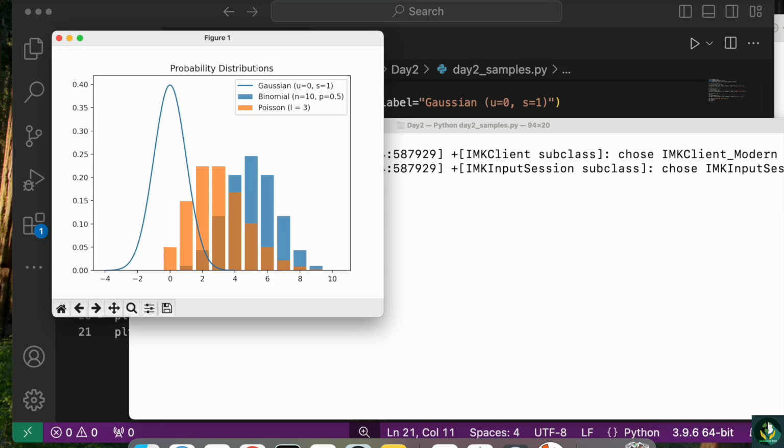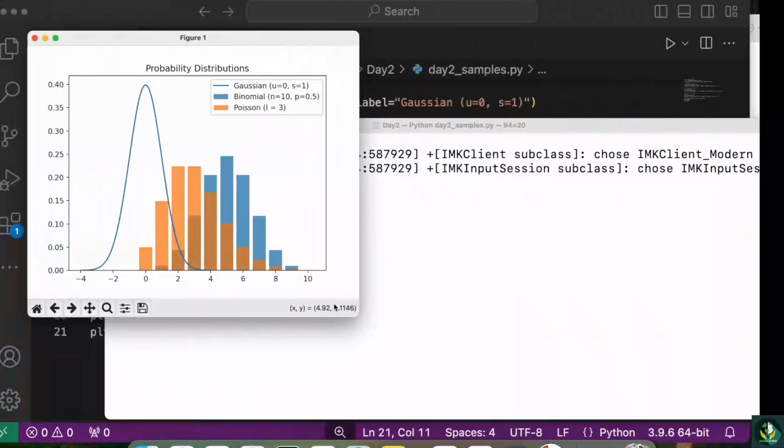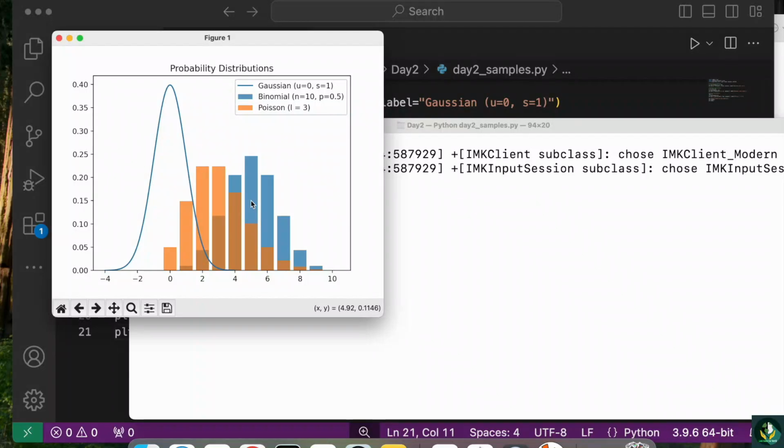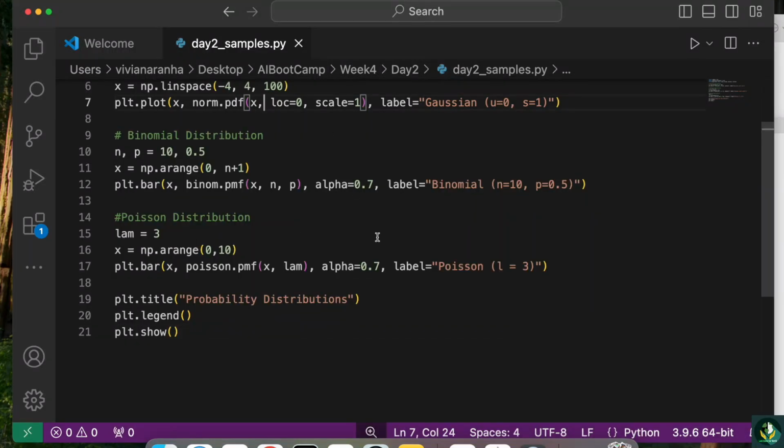So I hope you were able to do this visualization, because that's one of the important things that we would be using in machine learning, specifically when you have to prove things or show, based on data, how the flow looks. It's much more helpful to do visualizations. I'm going to close this, clear it out, go back here, save it, go back,